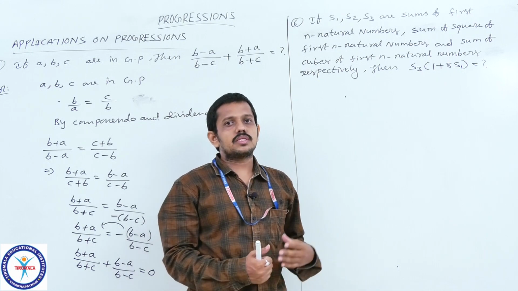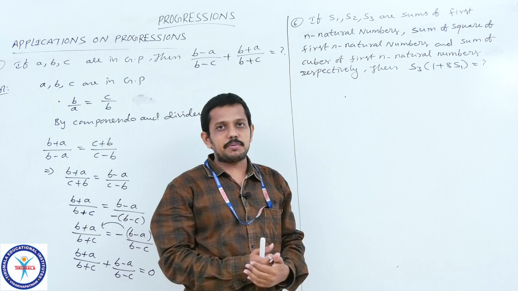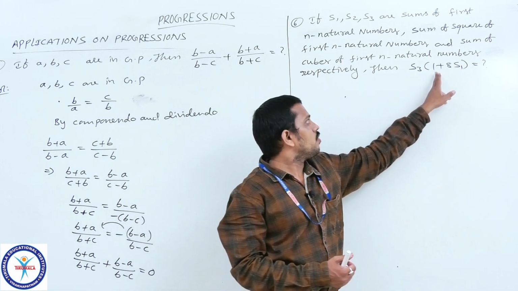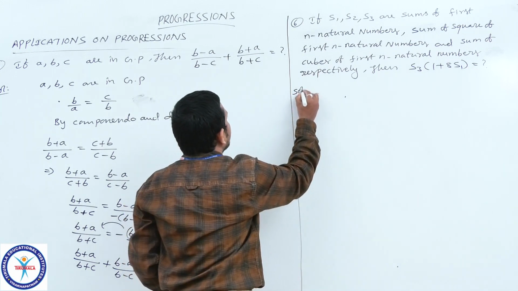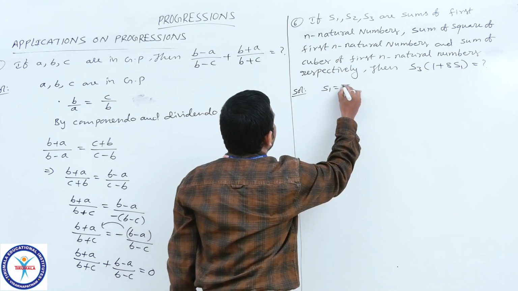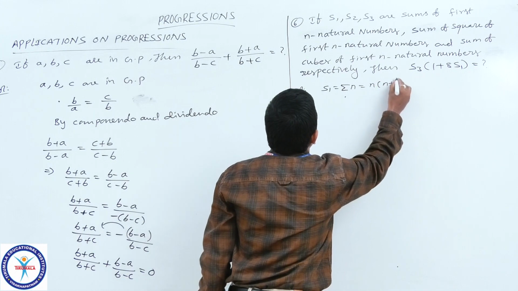Next problem. If S1, S2, S3 are the sum of first n natural numbers, sum of squares of first n natural numbers, sum of cubes of first n natural numbers respectively, then what is the value of S3 into (1 plus 8 S1)? So here from the given data, S1 is the sum of first n natural numbers, it means sigma n, which is equal to n into (n plus 1) by 2,